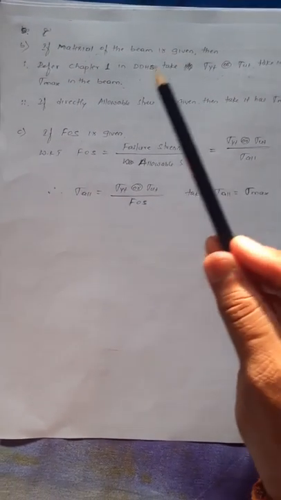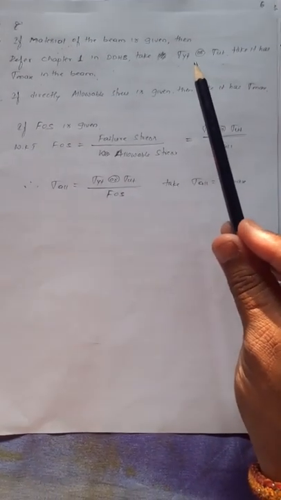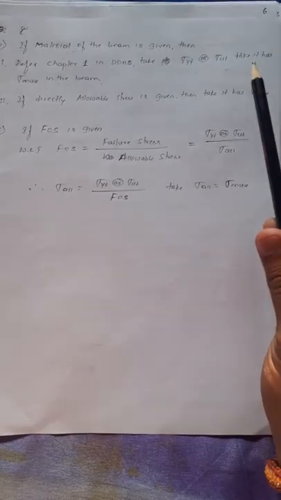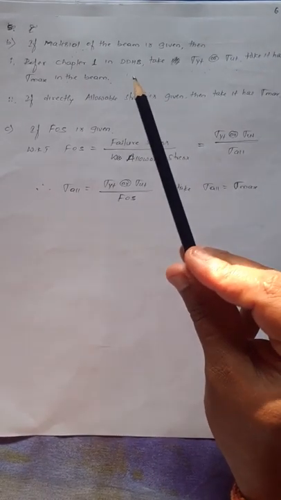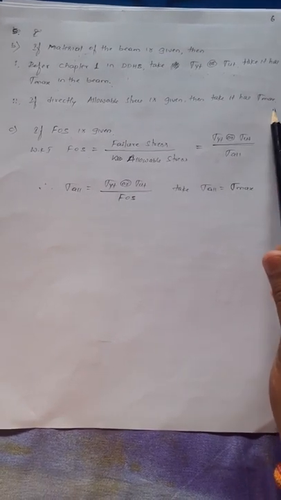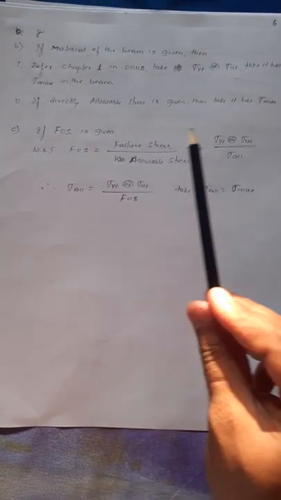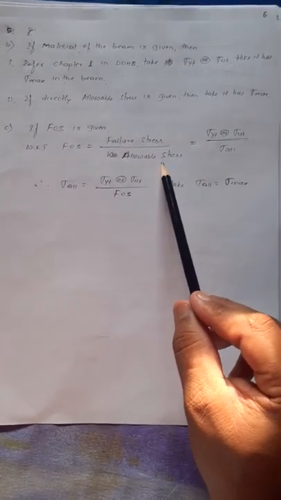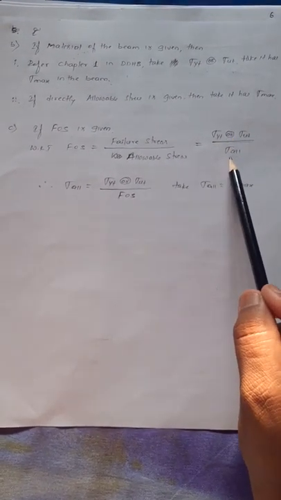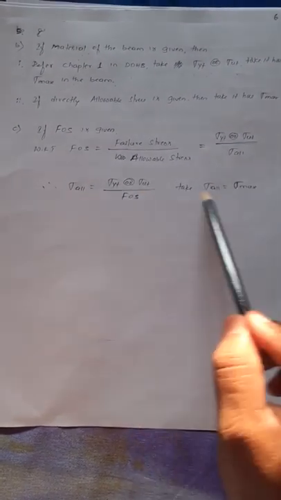In that, again, if the material of the beam is given, then refer to chapter number 1 in the Data Handbook volume 1. Take the yield stress or ultimate stress, which you consider as the maximum stress. If the allowable stress is directly given, then take that as the maximum stress in the problem. Suppose the factor of safety is given in the problem as a ratio of failure stress to allowable stress, sigma yt by allowable or sigma ut by allowable, then calculate the allowable stress, which I consider as the maximum stress.